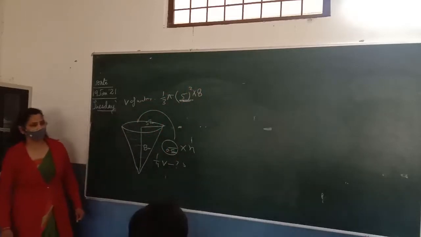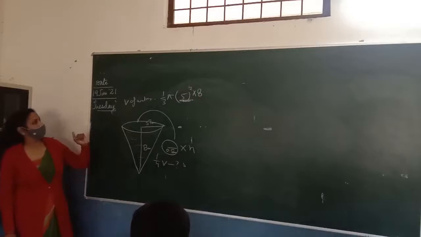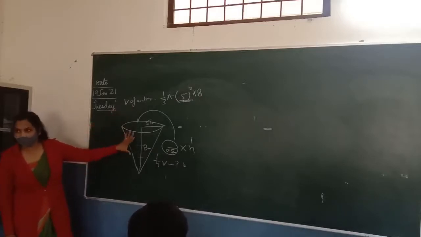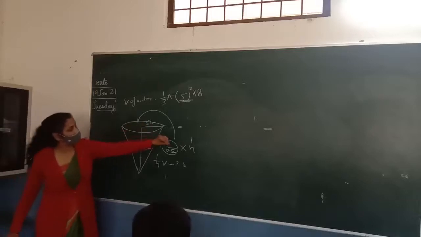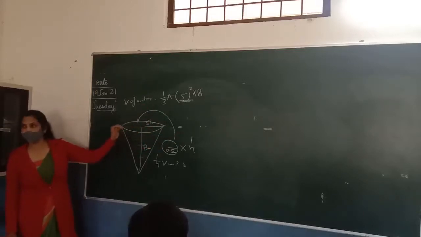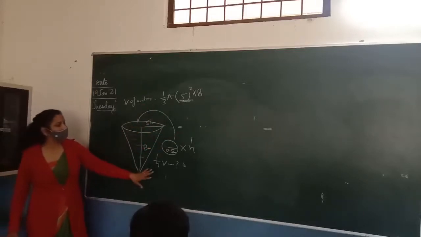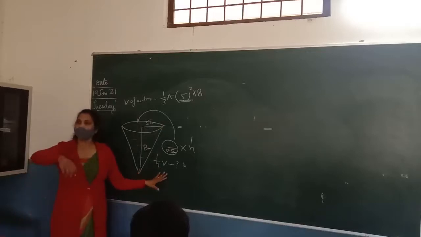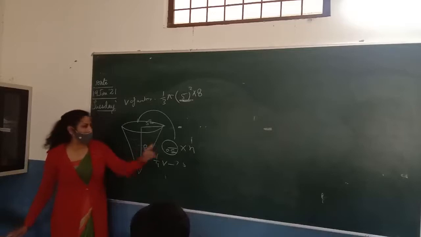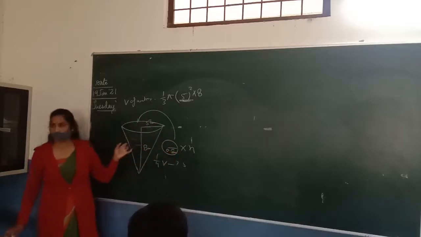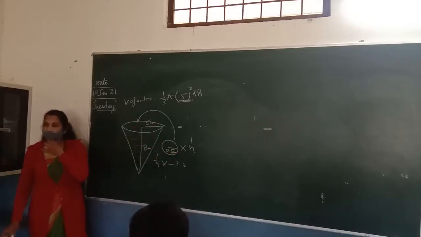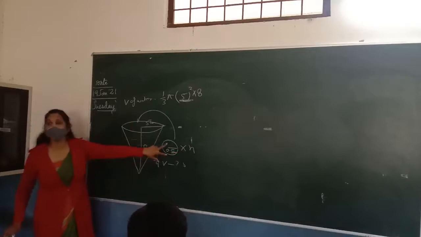So this is the volume of the water in this inverted cone. Now if we put some lead shots in this cone, then we find that 1/4 of the volume of the water is coming out from this cone. So suppose n number of lead shots we put in this cone. What should be the volume of the one sphere?